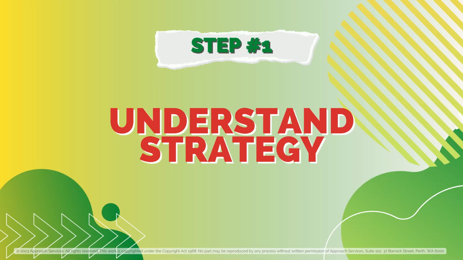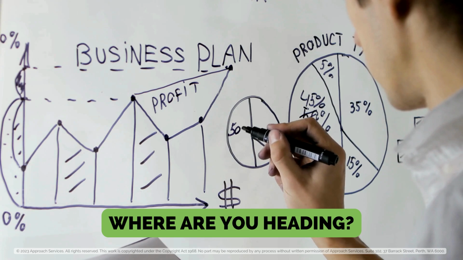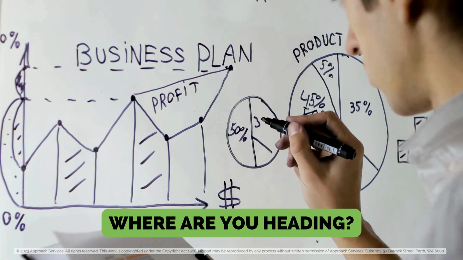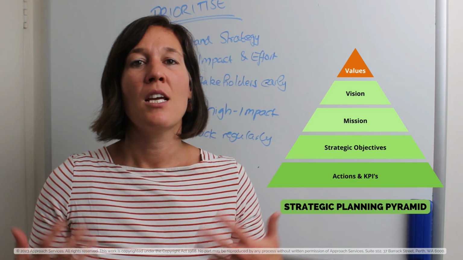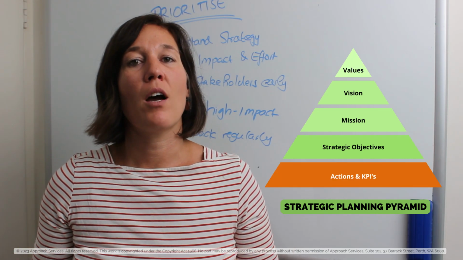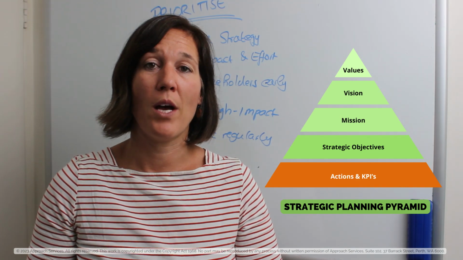First and foremost, I need to understand the strategies. If it's the business or organizational strategy, it's all about understanding where the direction is for the next 3, 5, or 10 years. What are the values that really determine what the impact is? And also, what are our more intermediate or short-term goals for the business as well?